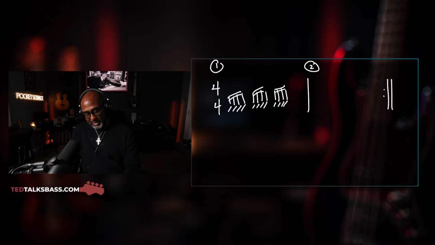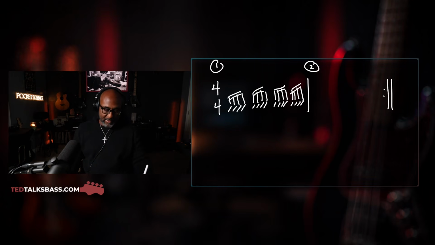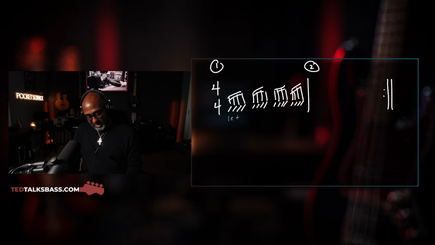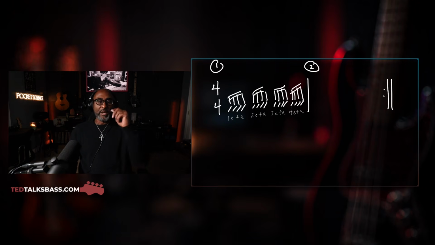The analogy that I used the other day was $1, right? If I got to make $1, doesn't matter how I get there. No combination of change. It doesn't matter. It needs to add up to $1. So the way that we count these, you may have heard 1 E and 2 E and 3 E and 4 E and